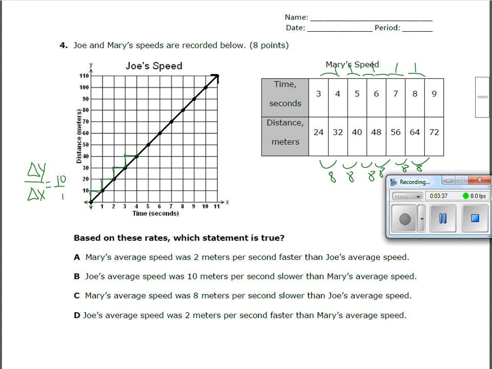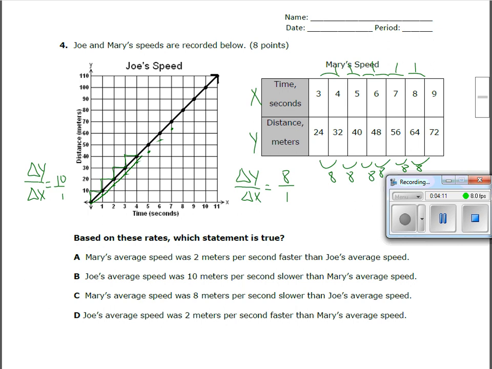All right, so time is always X, and distance is Y. So I have the change of Y over the change of X, which equals 8 over 1. So I have Joe's speed going 10 to 1 and Mary's speed going 8 to 1. So if I graph Mary's speed, then I would basically have a line just a little bit less